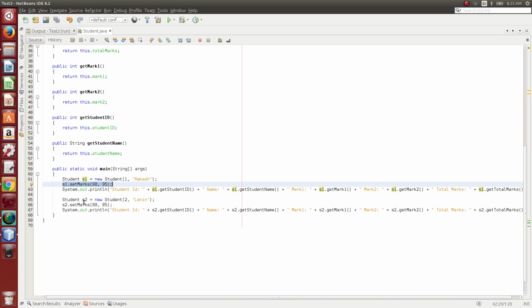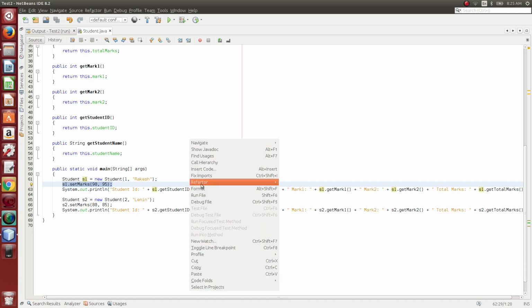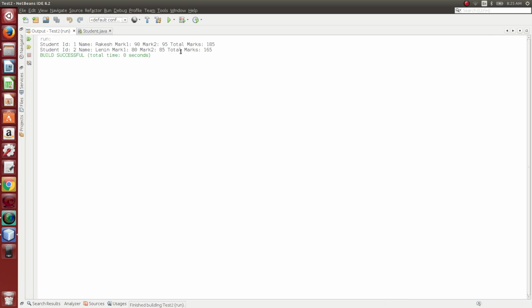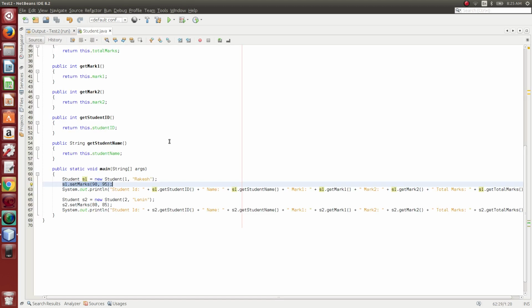They have some private information like marks, total marks, like that. If you execute this, you would see the following output. So the two objects are independent, the two objects have their own life cycle, and the two objects derive their information from the blueprint called Student.